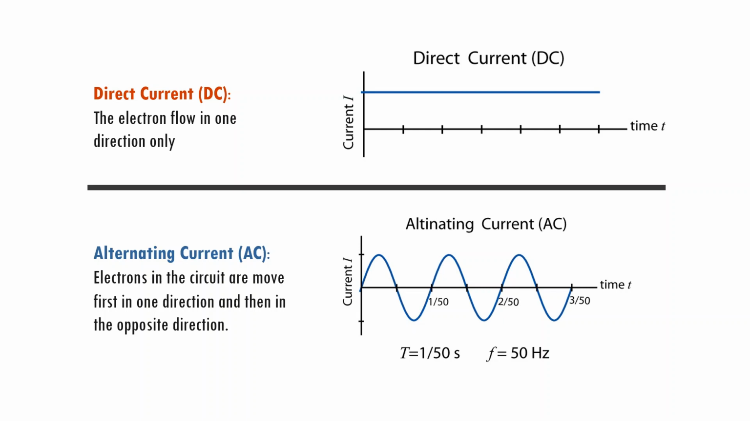Okay, so alternating current is when the electrons in the circuit move first in one direction and then go in the opposite direction, and then go back and forth, back and forth, which means that if the electron goes north at the beginning, it will go south and then north, south, north, south, and turn into a curve that looks like this. Okay,